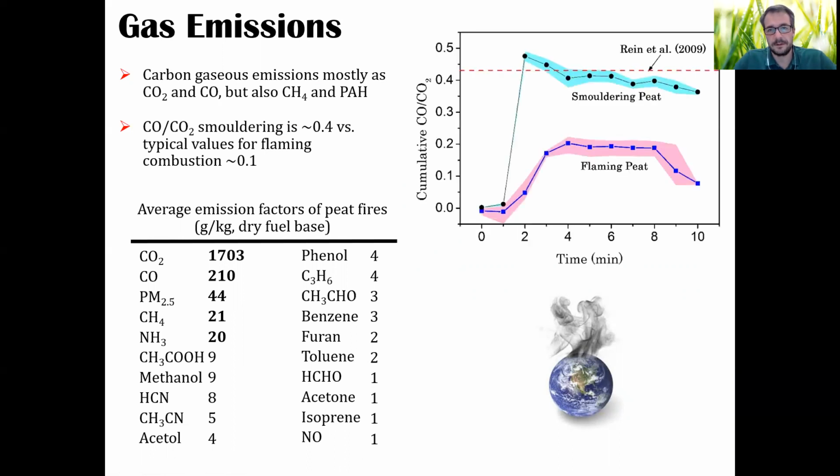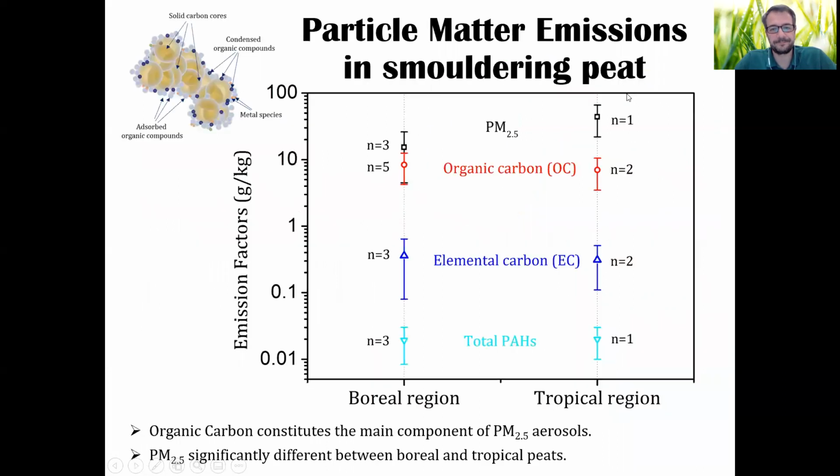And the composition of smoldering and flaming is very, very different, to the point that you can smell the difference. If you're trained to, and we've done so many experiments with smoldering and flaming, we can smell the condition of combustion. For example, just looking at the ratio of CO to CO2, you have very different signatures from a flaming pit and a smoldering pit.